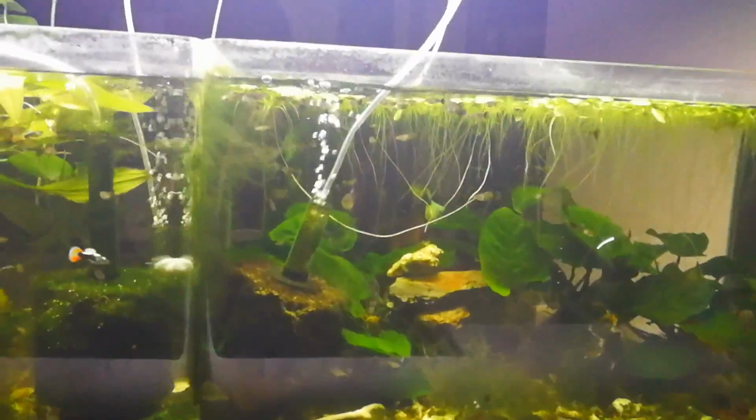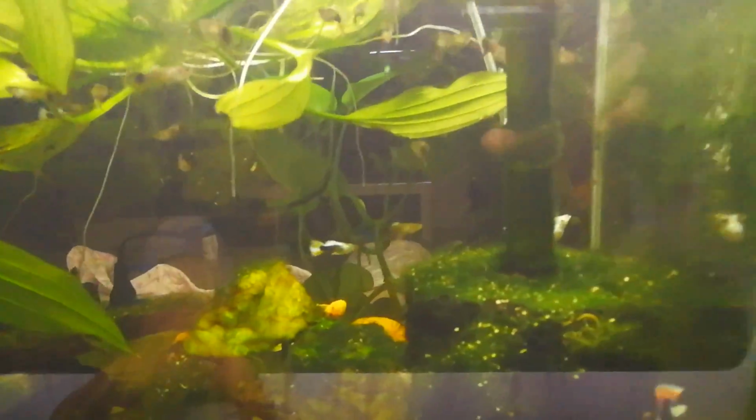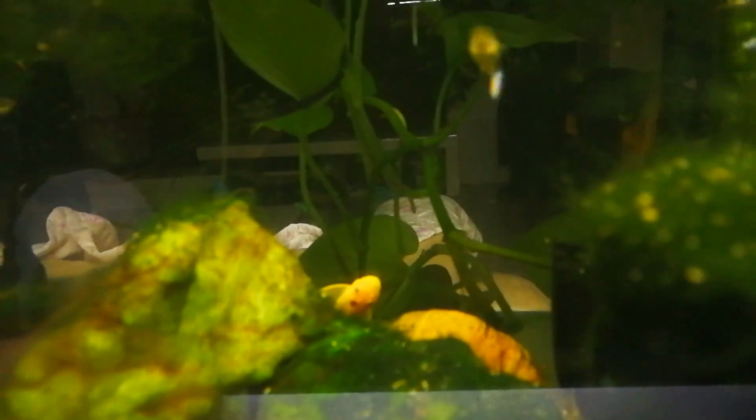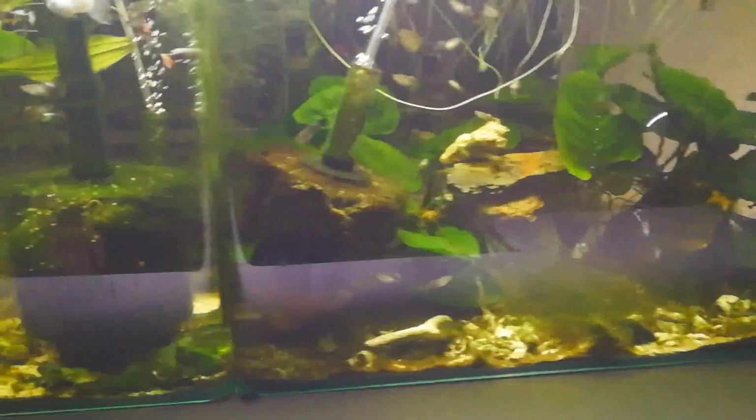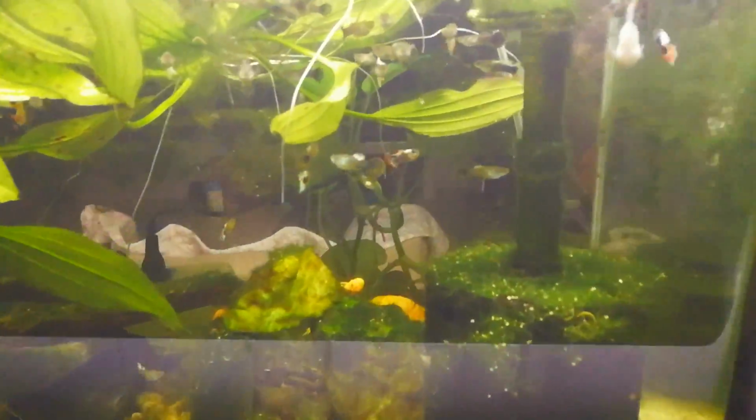Oh, I guess one last thing, sorry. I always do that, but I always forget stuff. The plecos are good. There's one. I just saw the other one that ran away. It was back there, but now it's gone. They're both growing pretty well. They're getting bigger. Both of them have a single brown spot on different parts of their body, so they're not perfect albinos,